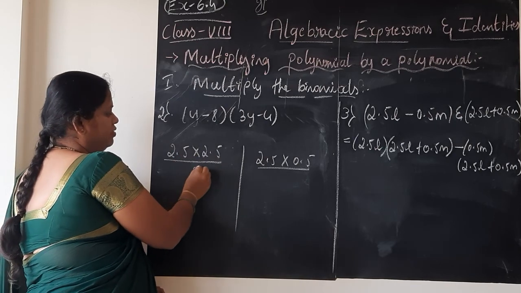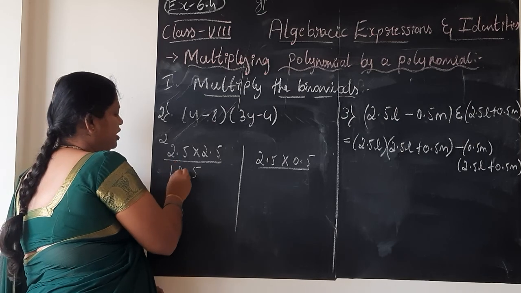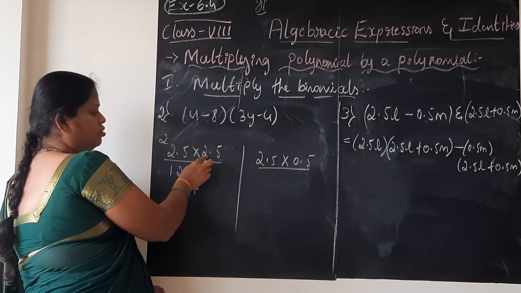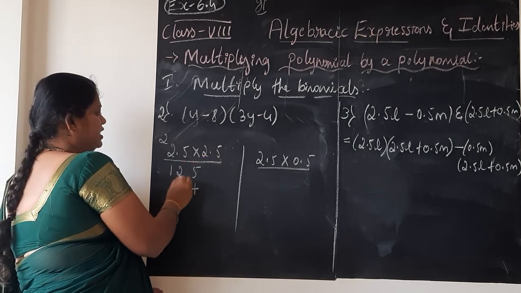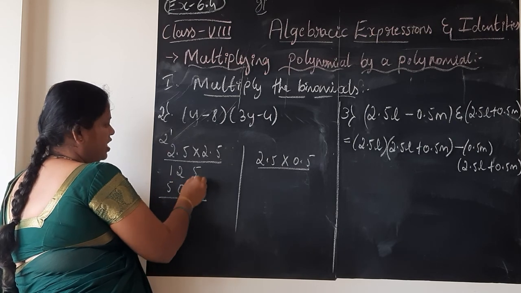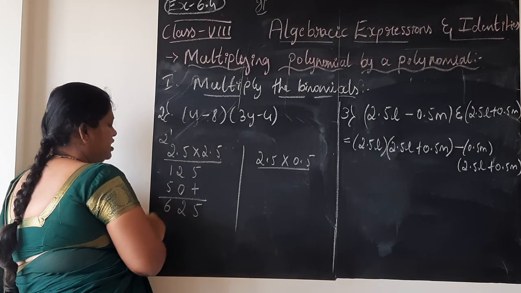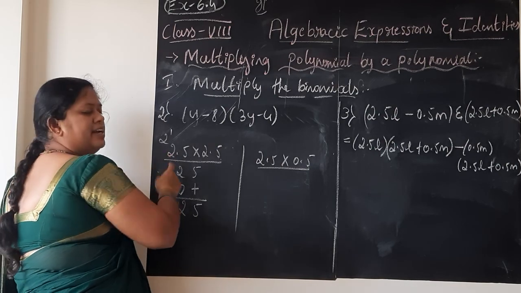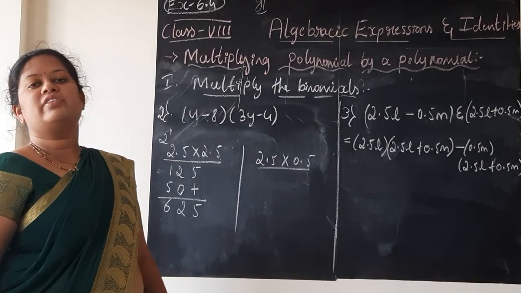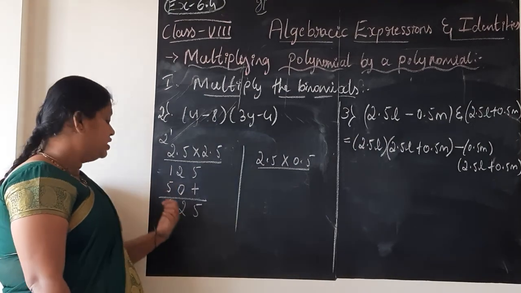5 5s are 25, 2 carry. 5 2s are 10 plus 2, 12. We got 125. Below, put a 0 with a plus sign. Now do with the 2 table. 2 5s are 10, 0, 1 carry. 2 2s are 4 plus 1, 5. We add: 5, then 2 plus 0 is 2, then 5 plus 1 is 6. We got 625. Very clear now, children. You know which are the perfect squares. 625 is the perfect square of 25. 25 into 25 is 625.